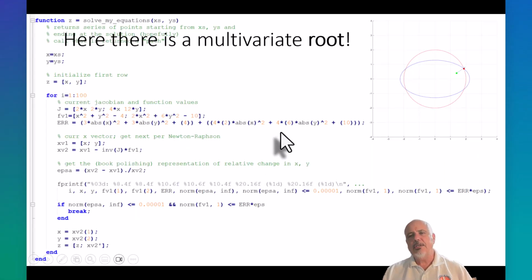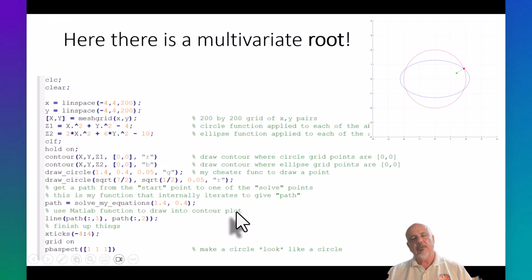Okay, so this is how we did that multivariate root, where we started at this position, and we're looking for the root, the common point that exists on the ellipse and the circle. So this is how we did it. And remember that there was a breakout of the for loop that looked at how the x's were being polished, and coupled with that, how the one norm of the vector function was less than the threshold times eps. But you're not going to be able to do that